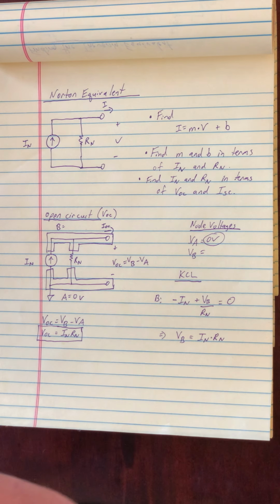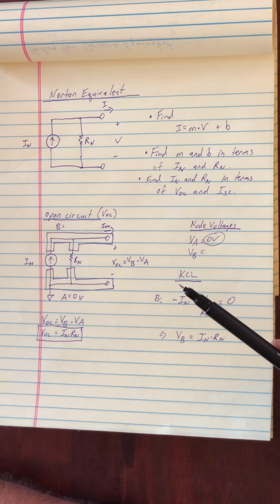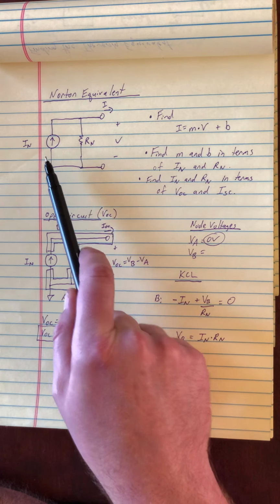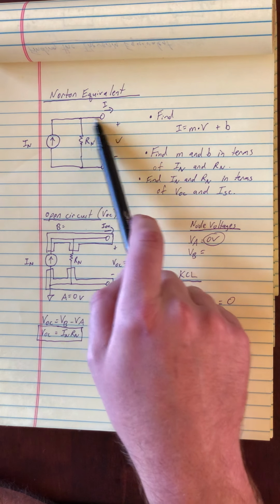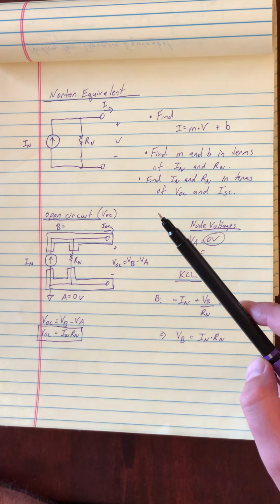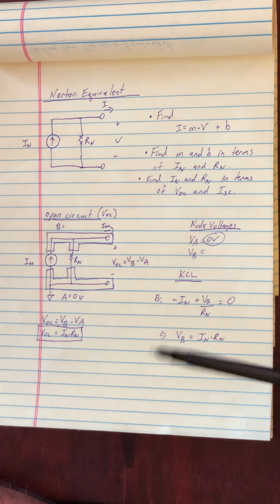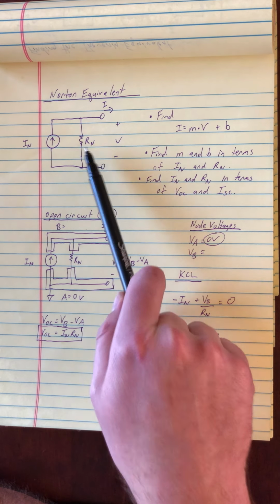Okay, welcome back everyone. So last time we looked at the Thevenin equivalent, and there's a second equivalent circuit that's a simple circuit, and it's called the Norton equivalent. And the Norton equivalent has a parallel structure here. There's a current source pointing towards the top terminal or the positive terminal of our network. And then we have a parallel resistor here that's given the names IN for Norton current and RN for the